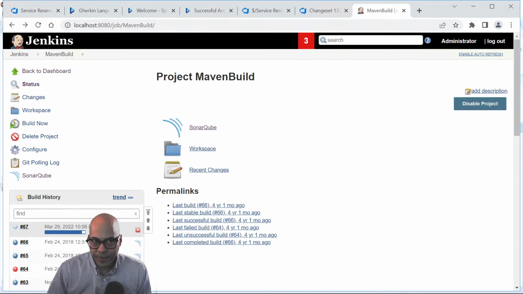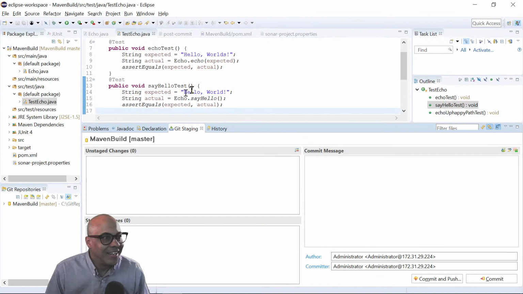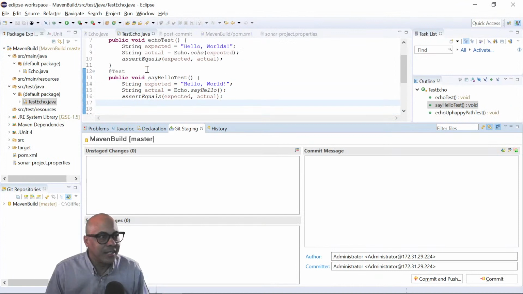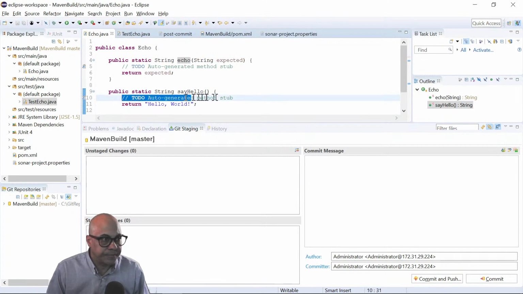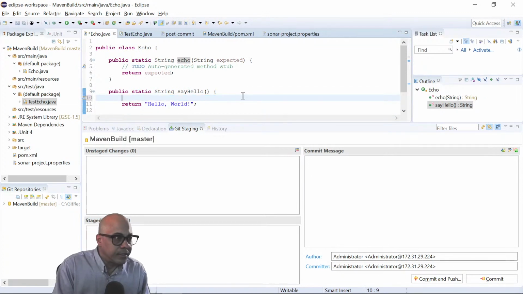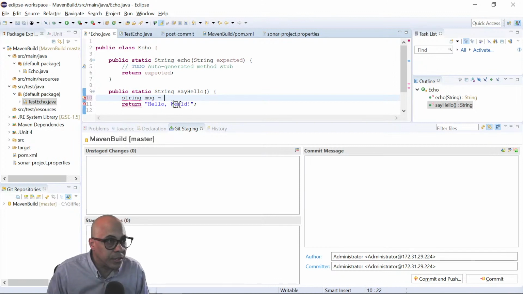Now, assuming that I didn't fat finger something while I was messing around in the project, this test should still pass. I guess I should have fixed something. Let's fix where we are returning hello world and get rid of these to-dos. So get rid of that, and I'm going to do a string MSG equals, and then I'm going to put hello world up here.